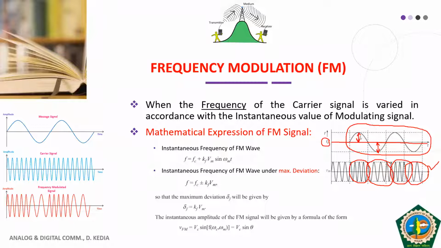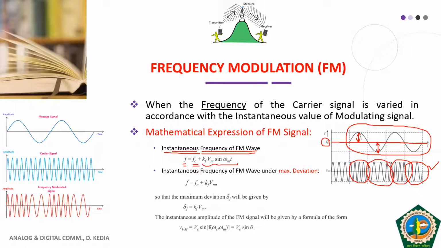Okay, and the way we understood the concept of amplitude modulation mathematically, in the same way we will understand the concept of the frequency modulated signal mathematically. So this is very simple. After I have explained this, we will start with the frequency of the FM wave mathematically. We will define the instantaneous frequency as I showed you in the graph. So this small f is the instantaneous frequency, which is obtained through carrier frequency plus